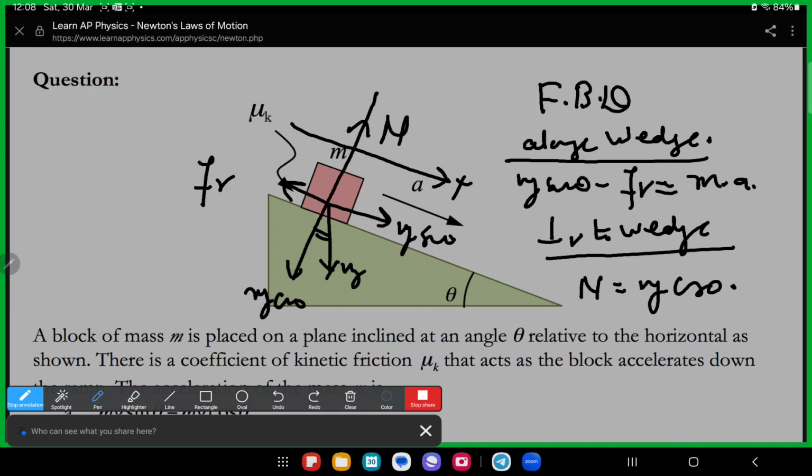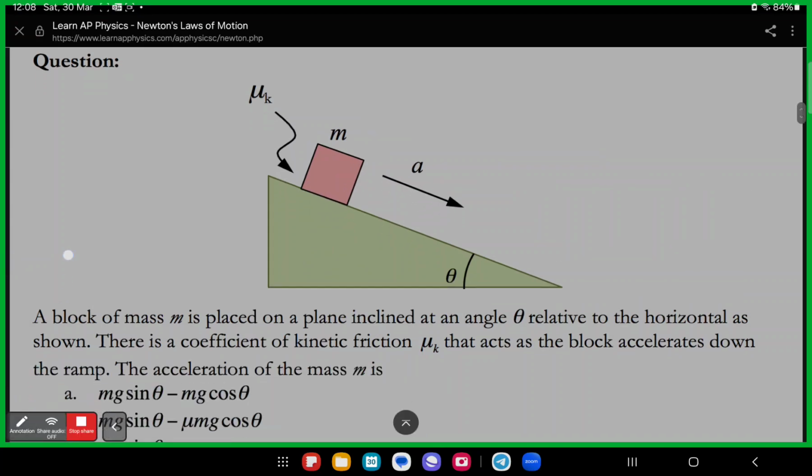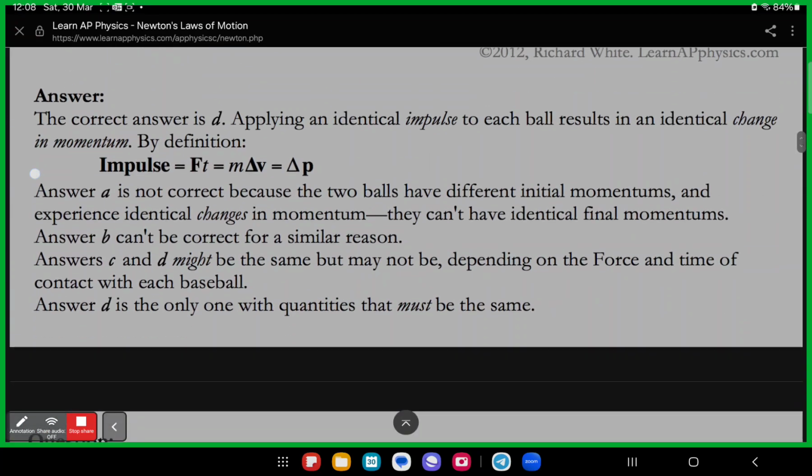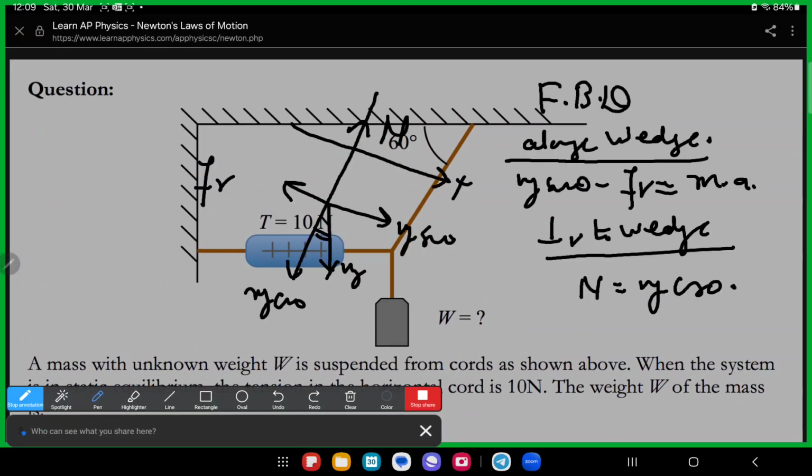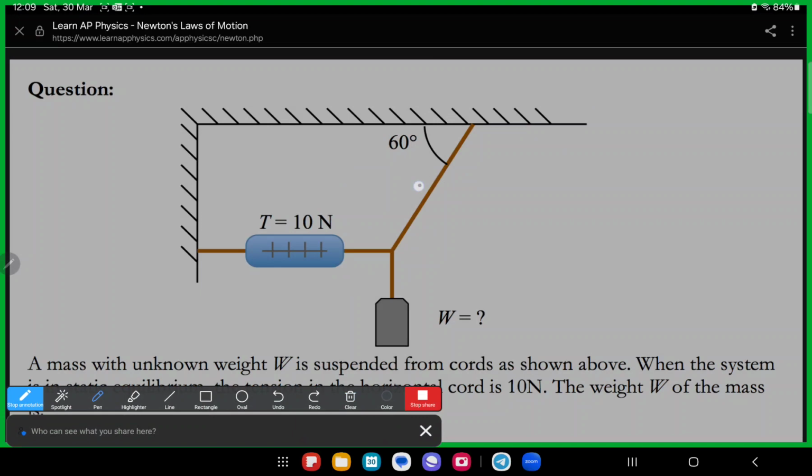So by using these two equations, we can calculate whatever it is demanding. So this is called the free body diagram situation. Always remember. Now here once again we have to